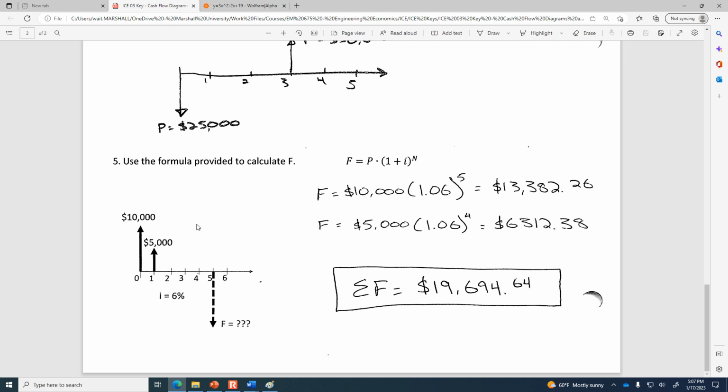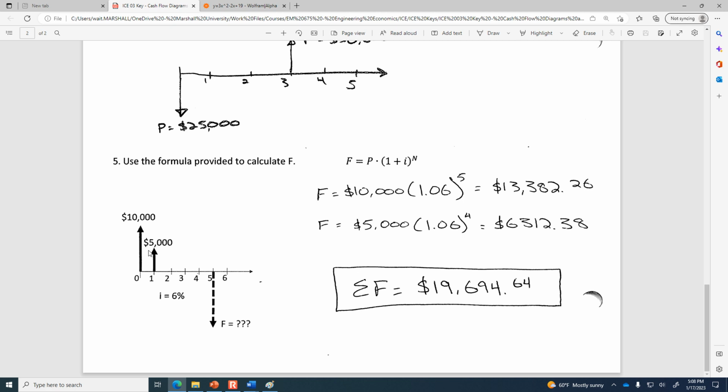All right, so this problem 5, well, what was it on the handout? Okay, there's 10,000 that we are trying to move 5 years into the future. And so n equals 5 for that one. And then there's 5,000 that only has to move 1, 2, 3, 4 years into the future. So n equals 4 for that. They're both the same direction, and so we combine them together. What that means is if you made those two withdrawals, like if you got the money, then you would have to pay in year 5